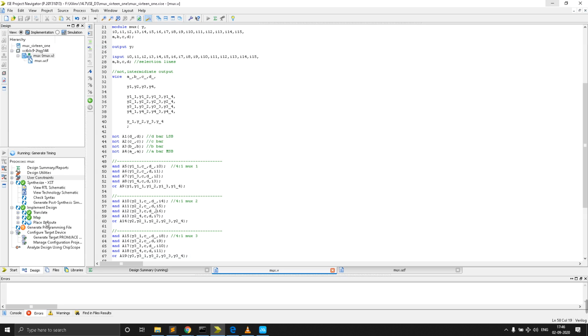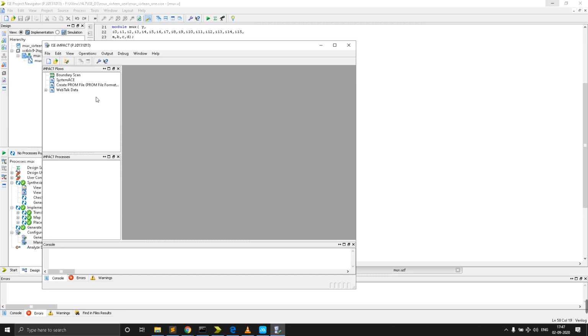It will generate in 2 seconds. Now it's generated. Now I have to go to manage configuration, double click here, and it will open.